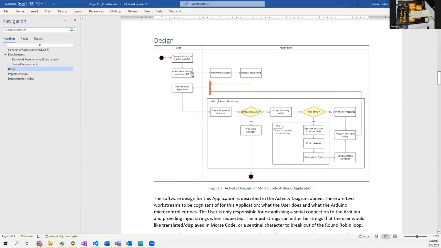I'm going to open up a serial monitor application. In this case, I'm using the Arduino IDE. And when the application is ready, I'm going to be sending strings to that application. The application has the much harder job. When it first starts up, it's going to print out an intro message. It's going to request an input string from me. And after that, it's going to initiate the round-robin loop. And at that point, it is